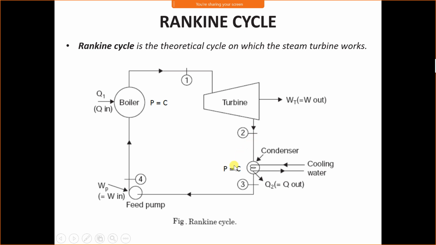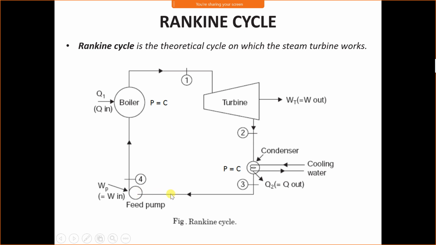Therefore, we need to condense it first from a mixture to saturated liquid. So we pass the mixture of water and vapor from the turbine to the condenser so that it can condense to saturated liquid. Then saturated liquid from the condenser is supplied to the pump, where the pump pressurizes the saturated liquid, and this saturated liquid converts into subcooled liquid, because we know that when the pressure increases, saturation temperature also increases. Here the temperature more or less remains the same, but due to the pressure the condition of water changes.